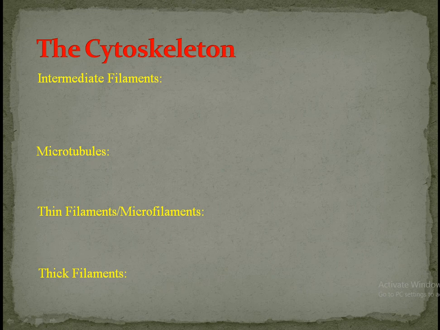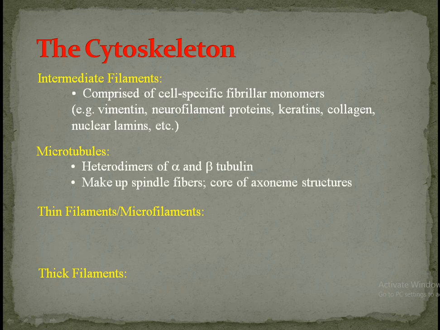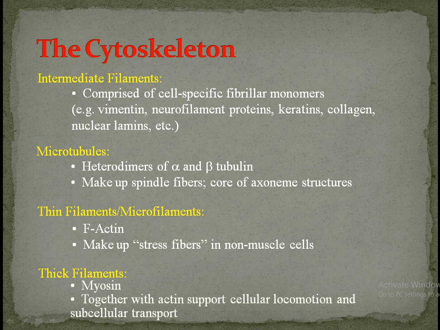Today we will study different topics including the cytoskeleton. Cyto means related to the cell, and skeleton, as our body has a specific skeleton, like that some filaments in the cell are present to support the cell's existence and its structure. Different types of cytoskeleton filaments, which may be intermediate filaments, microtubules, thin filaments or thick filaments, are present inside the cell.